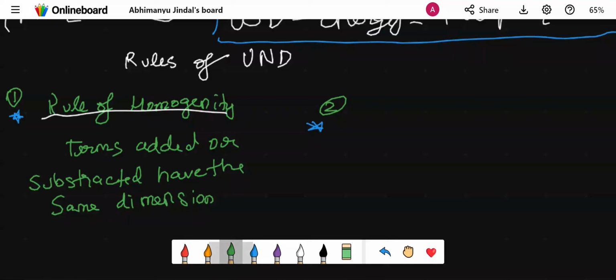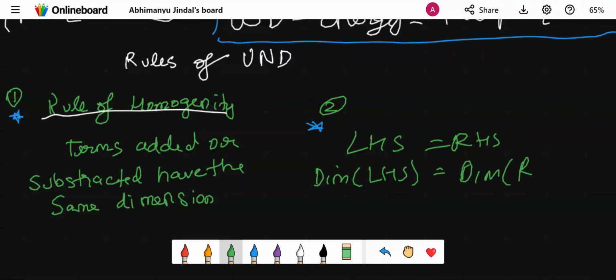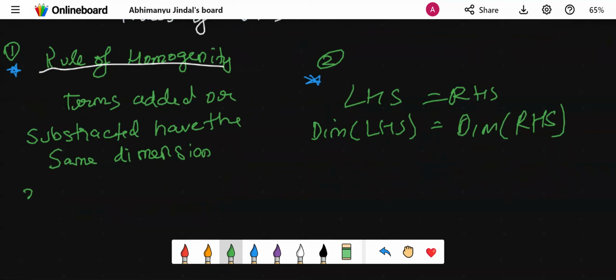Rule number 2 is that LHS dimension equals RHS dimension. If, let's say, LHS equals RHS, then the dimension of LHS equals the dimension of RHS. Another important rule. This is also worth remembering. Number 3, and then let's solve the question, which is that in a dimension